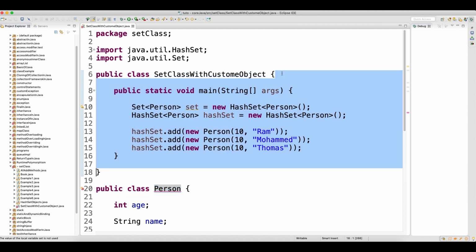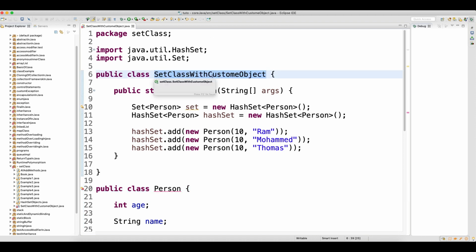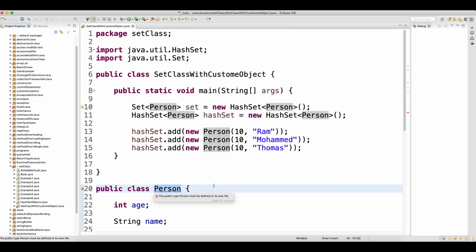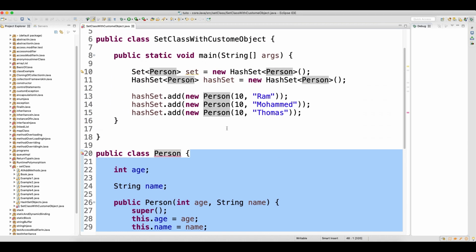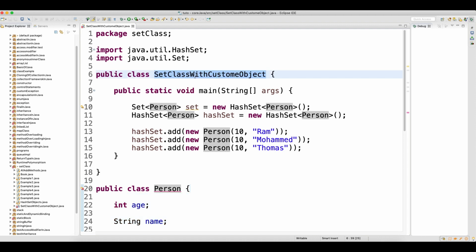So when you try to access, let's say if both are allowed, and you try to access from the outside, basically what will happen is the client will make the object of this class. When the client makes the object of this class, he cannot access the Person class, right? And directly you cannot make the object of the Person class from outside, because this class name is set as a class with a custom object. Okay, so make it default.